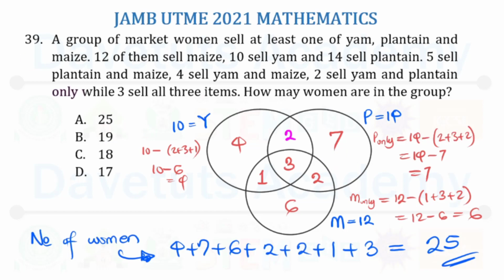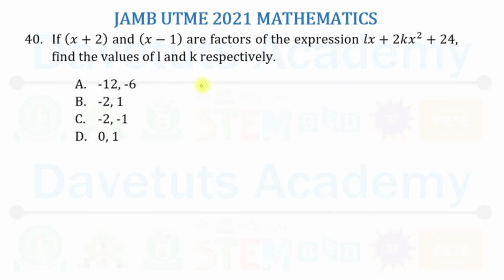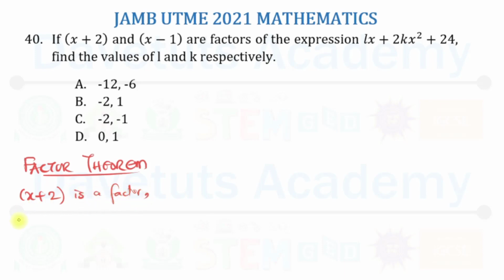That's option A. Okay. We have this question coming from Factor Theorem, and we are told that x plus 2 and x minus 1 are factors of this expression, and we are to find the values of L and K respectively. Well, Factor Theorem is going to come in handy for us, and just as a means of refreshing our memory, the Factor Theorem is telling us that if x plus 2 is a factor, then what we need to do is to say x plus 2 is 0,